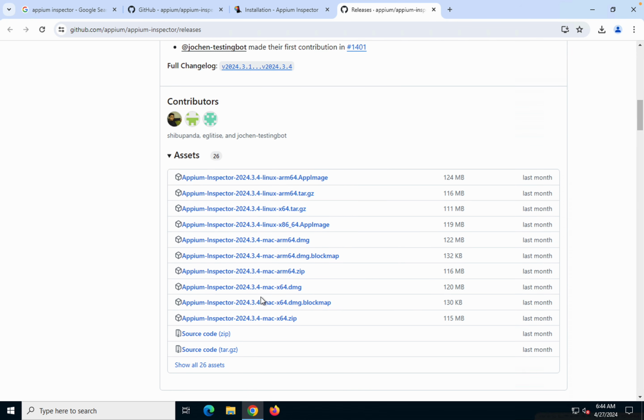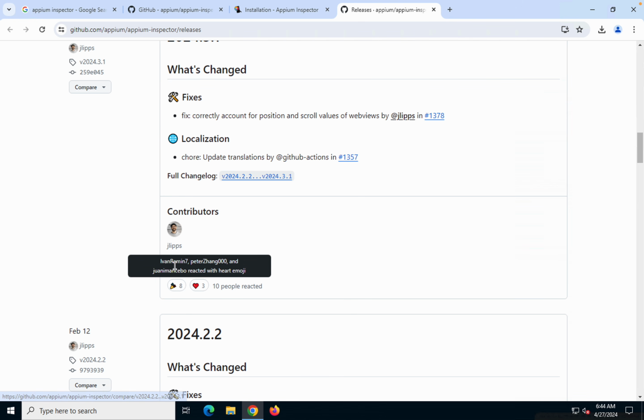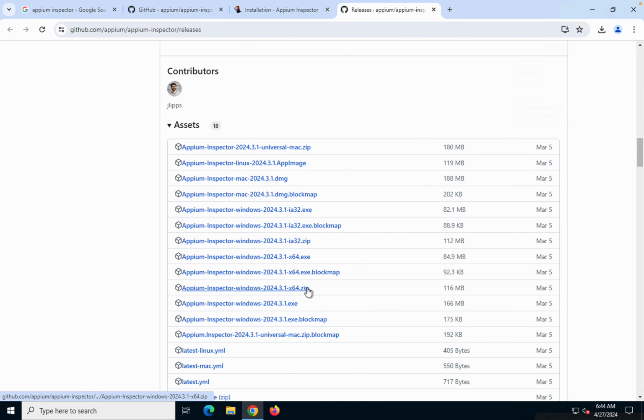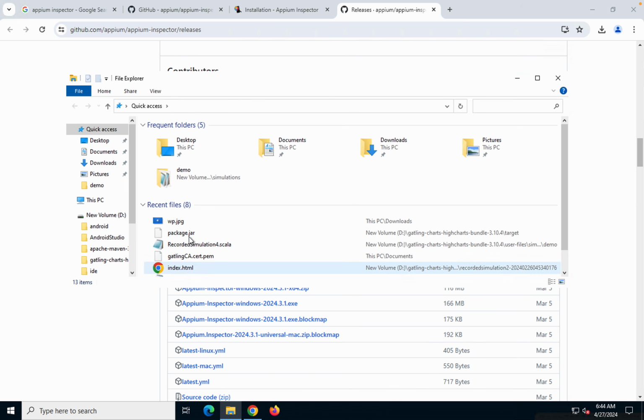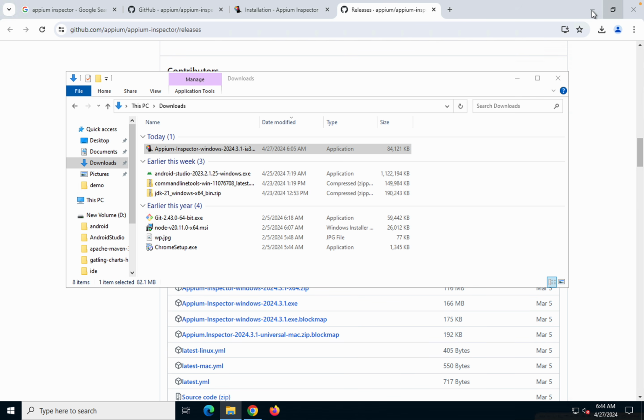So you can see it here, and let me see where we can find it for Windows. Let me check this one, and yes, you can see we have this Windows exe. You can get this, and let me check in my downloads folder if I have it. Yes, this is the exe. You can run it